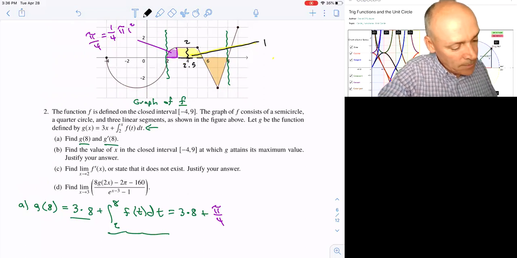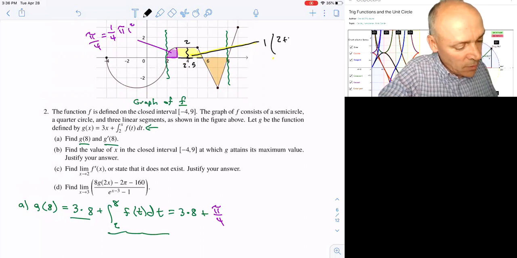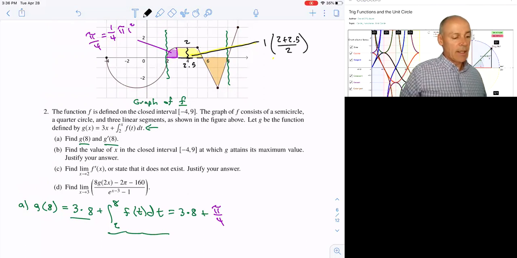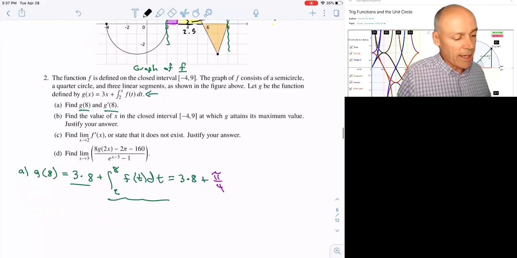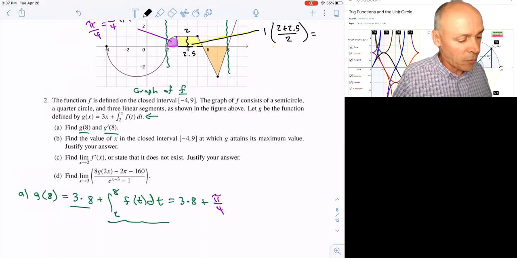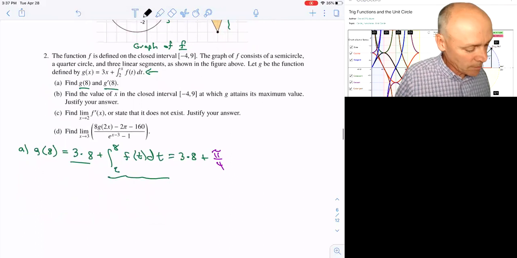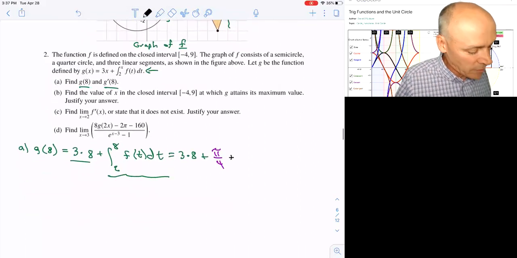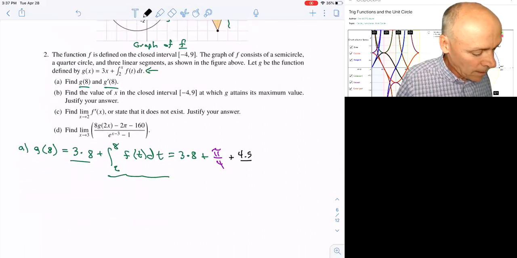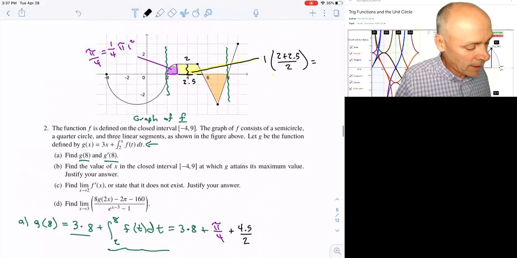So that's 1 times 2 plus 2.5, average of those, that's what I've got. Leave it like that. I could also just call that, how about 4.5 over 2? And again, that's above my x-axis, my function is. So that was 4.5 over 2. Okay. And then the last